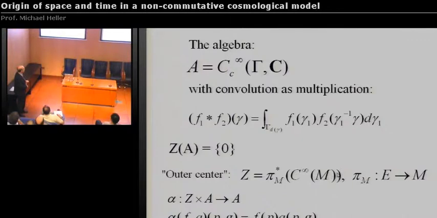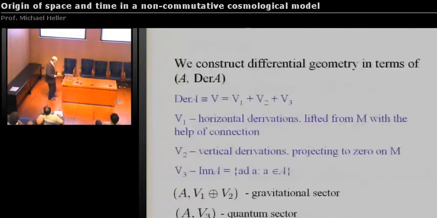Such generalized vector fields are called derivations of a given algebra. And in our case, there are three kinds of these generalized vector fields, derivations. There are horizontal derivations, vertical, and inner. I will not go into the details of that, but